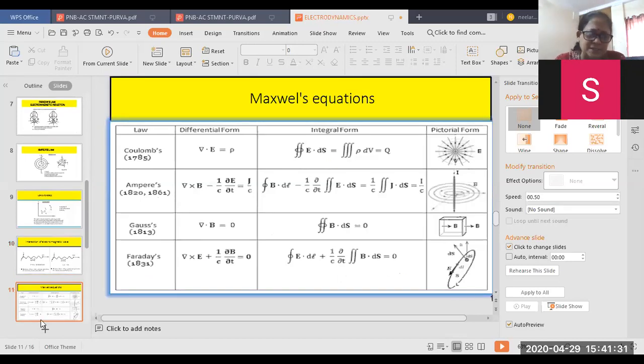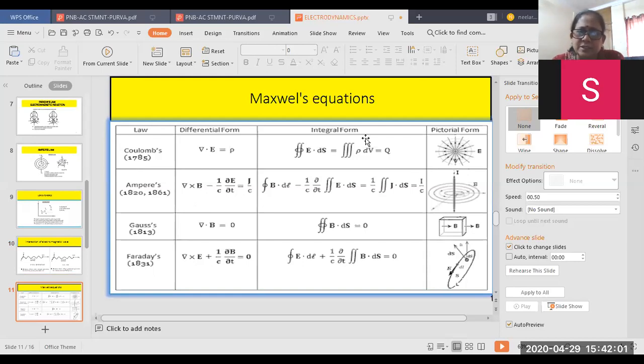So with all this, I am moving to Maxwell's equations. You have studied these Maxwell's equations. From here onwards, I am using these equations frequently. Many of you may already know them, but to brush up your memory, I am using this. Okay. So the first one is the differential form. You can see here a differential operator is used. What is this one? Del operator.